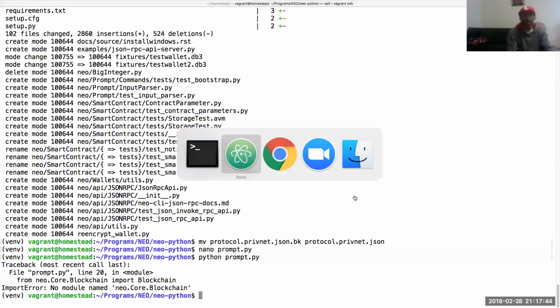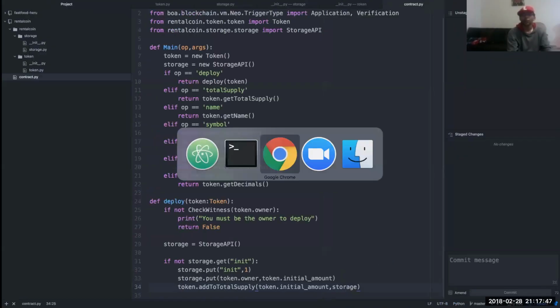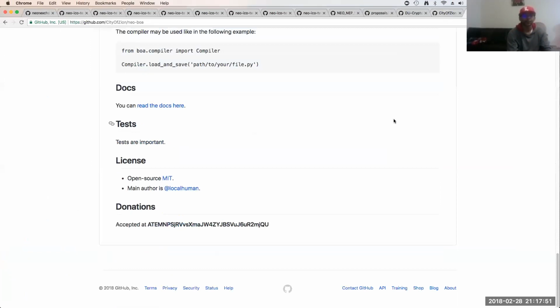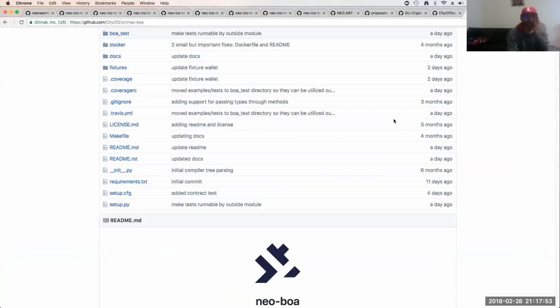Okay. All right. I'm confused on why this isn't running. Let's see. This Neoboa.